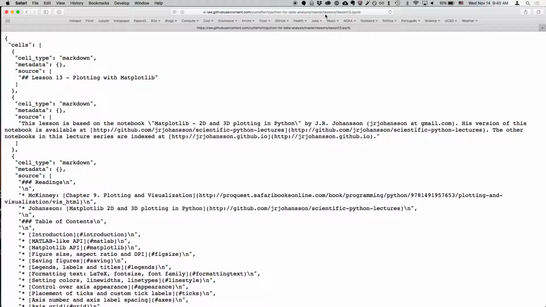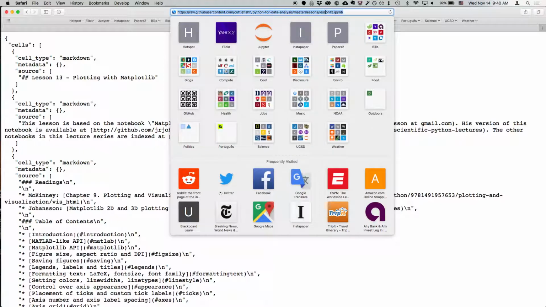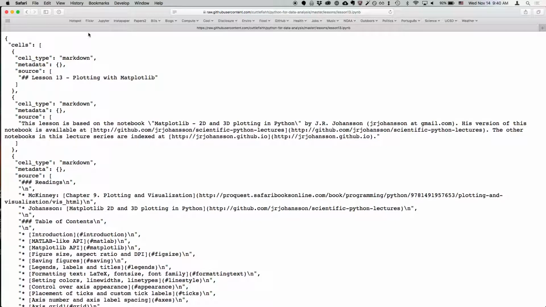So you can click on the download link and it'll work. So this is what we want. We want to see this JSON format file, which is what we want to download. So we copy that link,